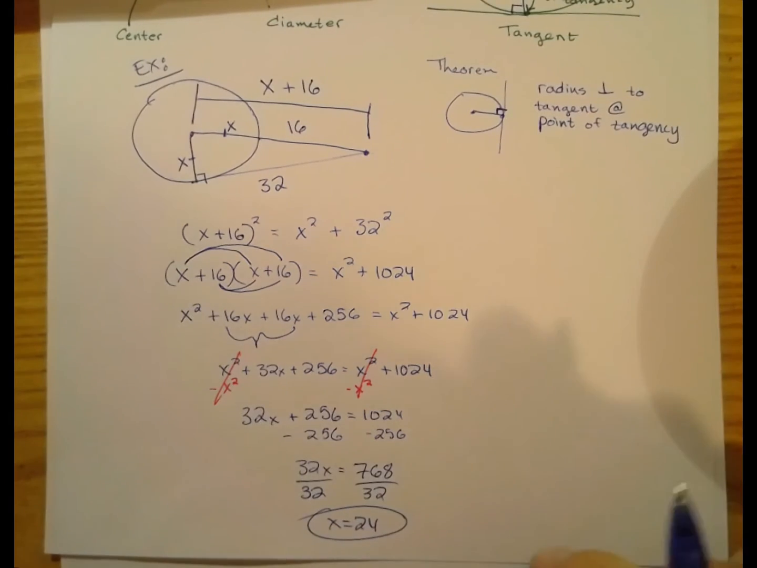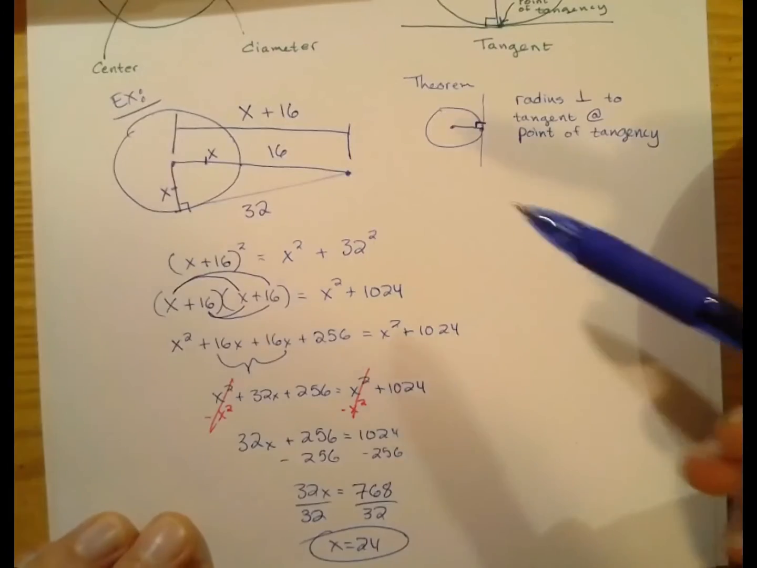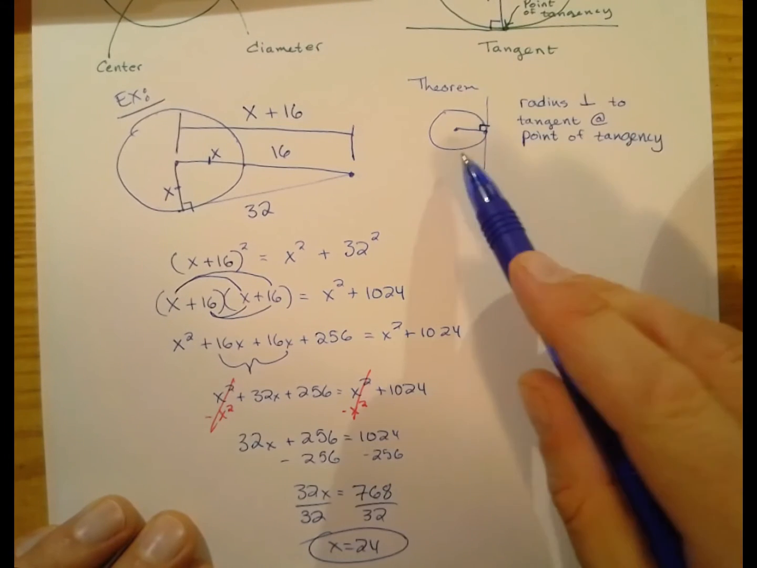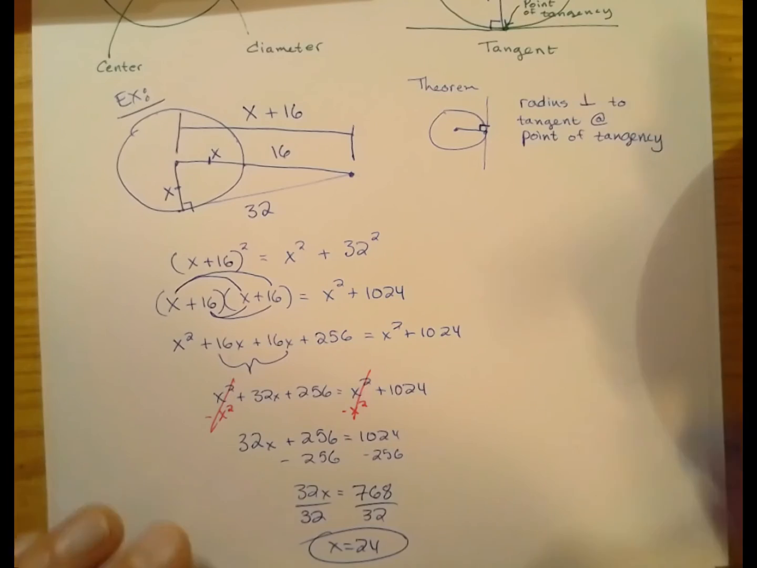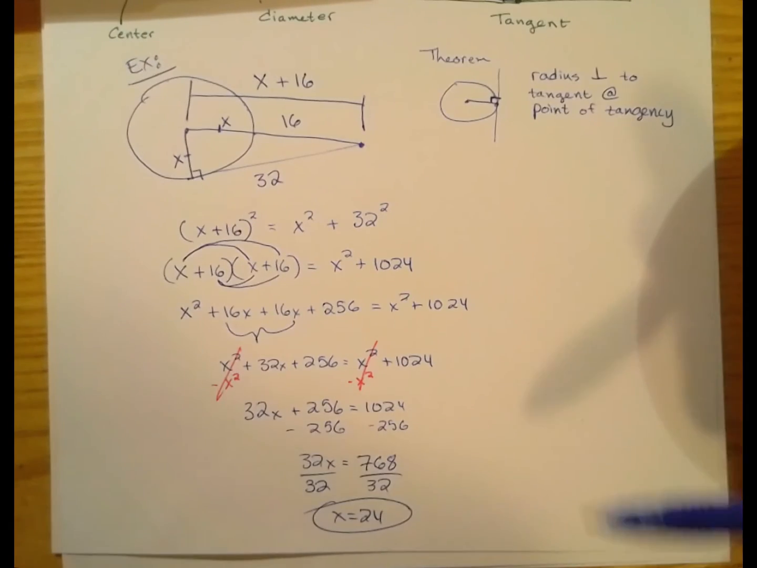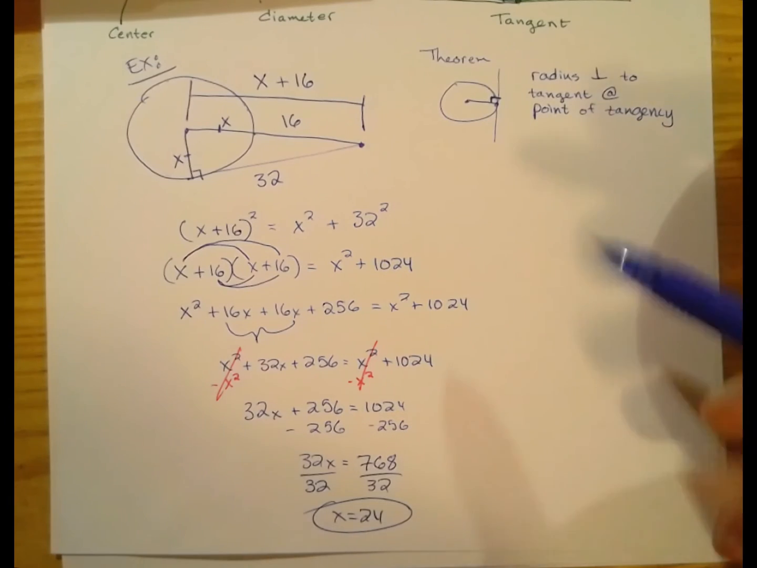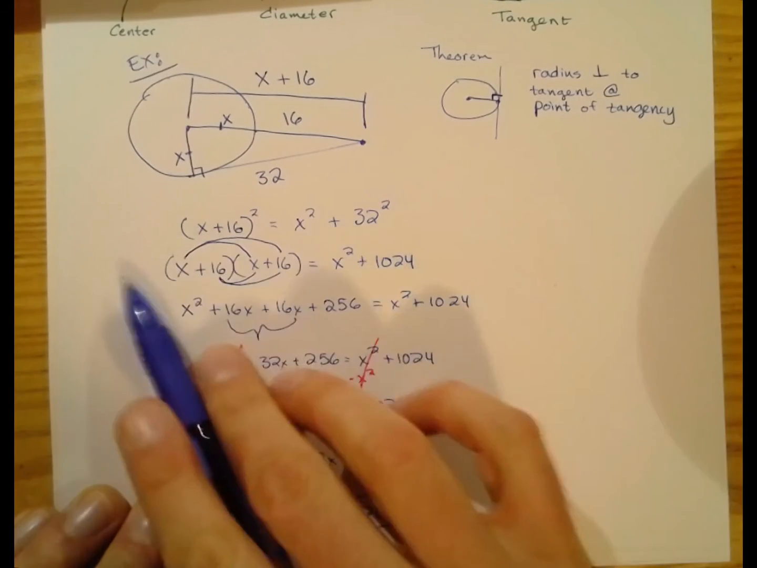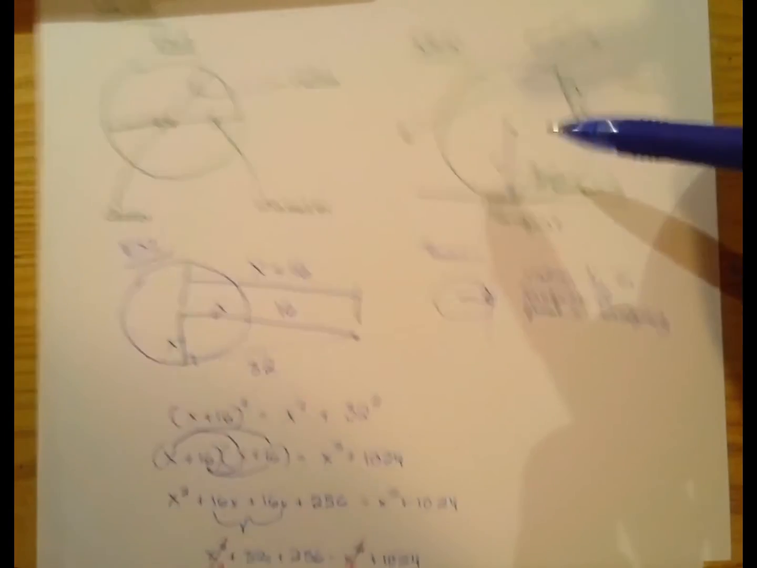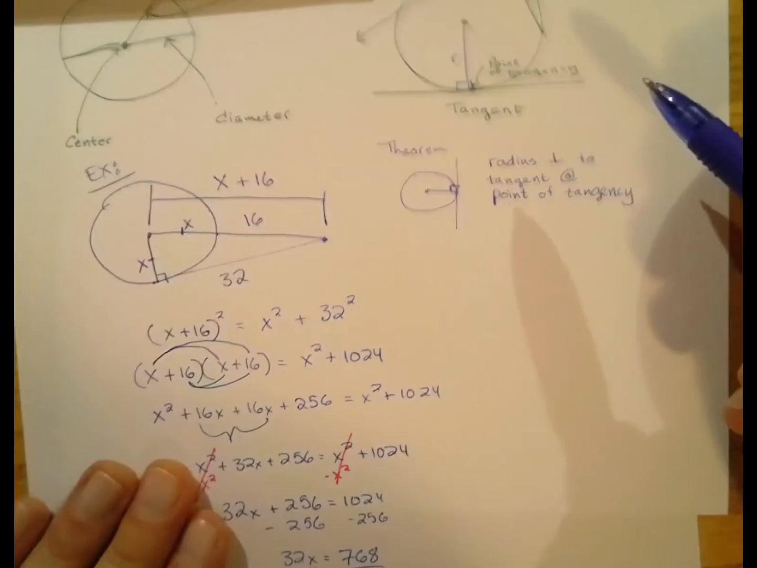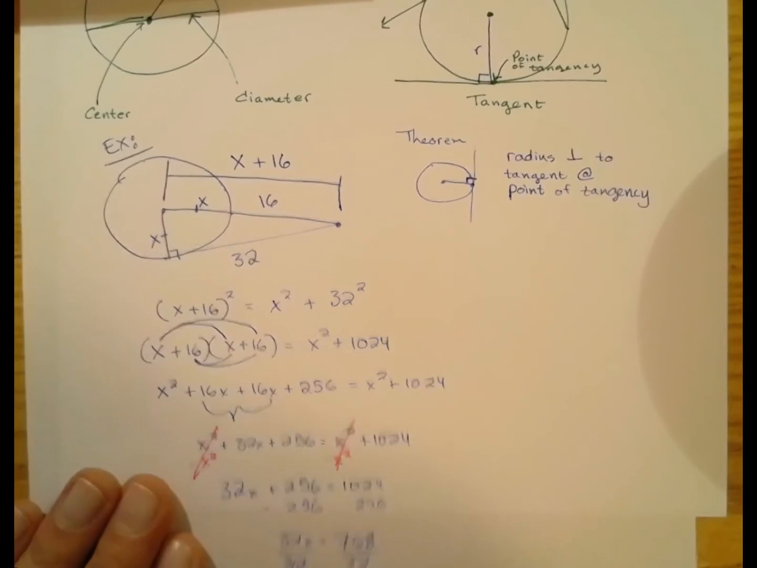So, yeah, again, the theorem: tangents are perpendicular to the radius at the point of tangency, and that allows for some super fun Pythagorean theorem problems. And in particular, one of the new skills we're learning here, in addition to some new vocabulary, is binomial distribution,